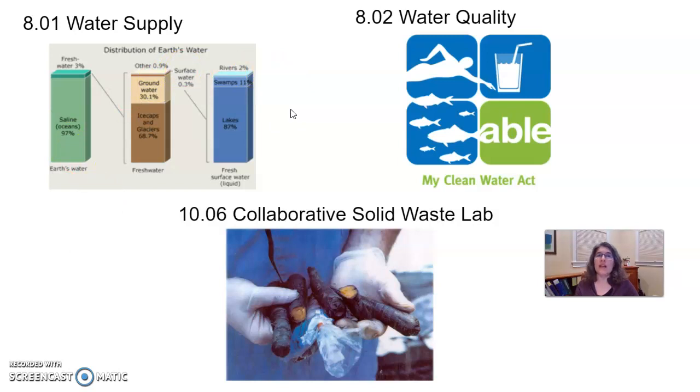Part of this first portion of the module, you're going to be doing an informal lab in which you collect some data about brushing your teeth with and without the water running while you're doing that, and then doing some extrapolated calculations as to how much water you could save by changing just that one practice. You're going to be applying that knowledge in a quiz where you have to do some calculations as well. So I encourage you to do that informal lab just so you've had the practice before you get to that quiz.